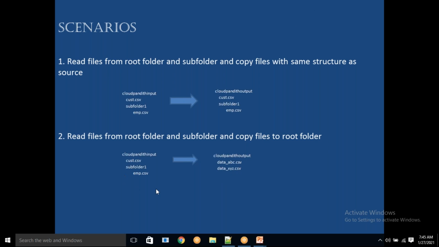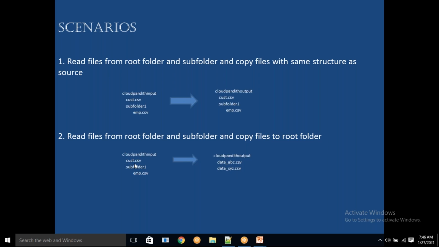For example, in subfolder one you have a cust.csv, and in the main folder you have a cust.csv. If you load these files as is here, the files will be overwritten. That's why we need to rename all the files. When you are bringing files from different folders and putting them in a single folder, you need to rename those files.